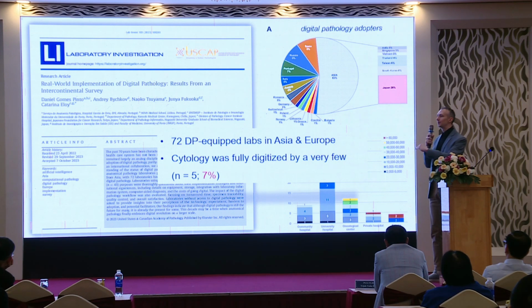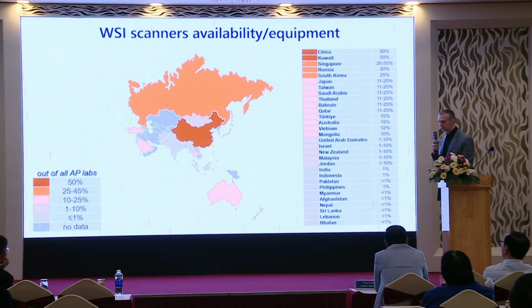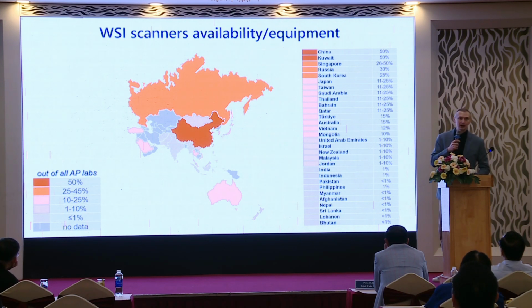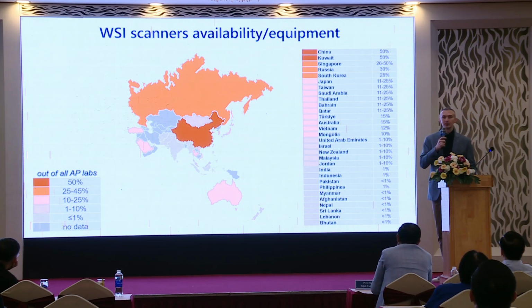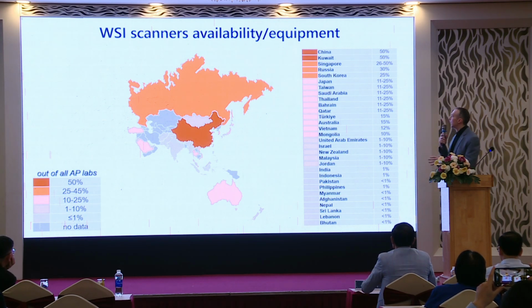But when I went to the breakdown of results, the number of labs using cytology for diagnosis was definitely less than 10%, even in the study which came 5 years after our study. So we are basically there. And once again, this is repeating what I just mentioned about the survey by the American Society of Cytopathology, which showed a high level of digitizing and use for cytology and histopathology.